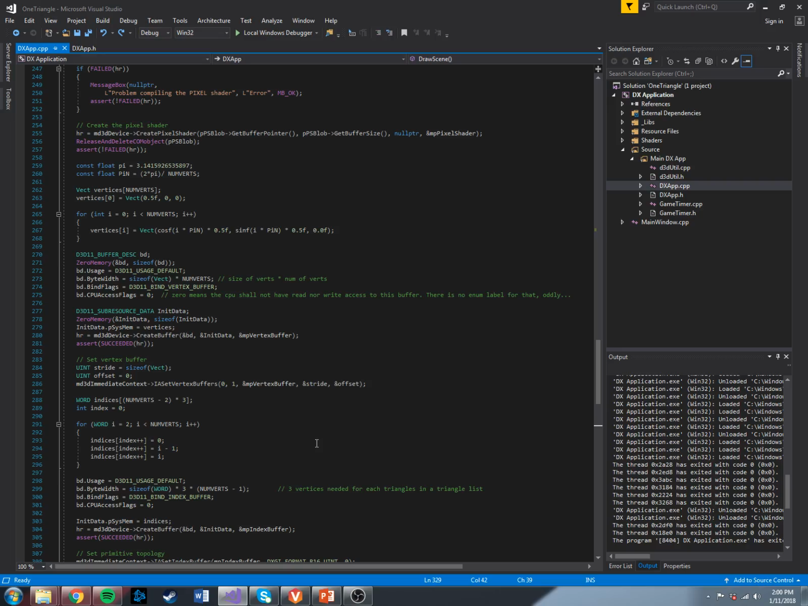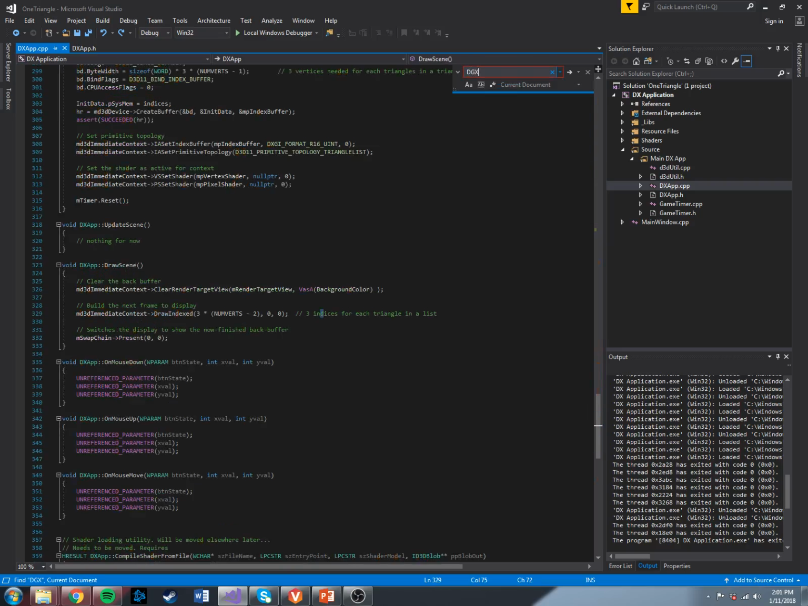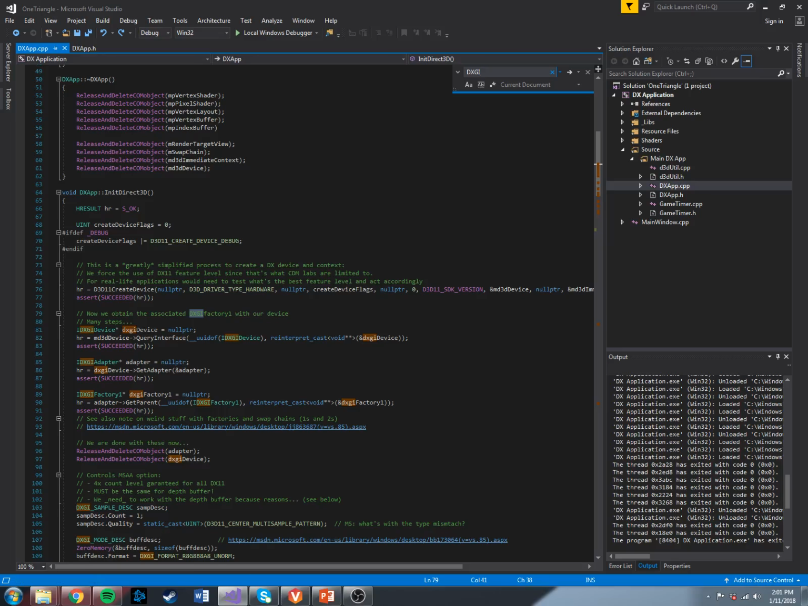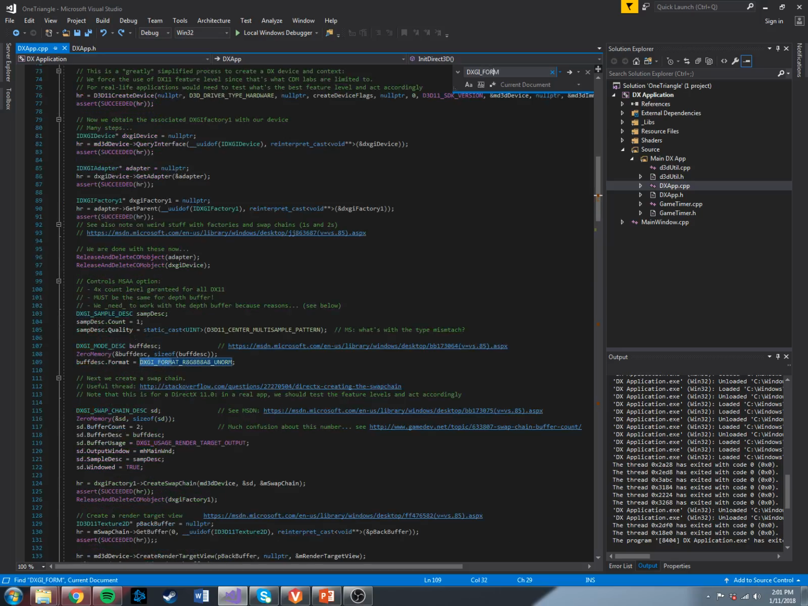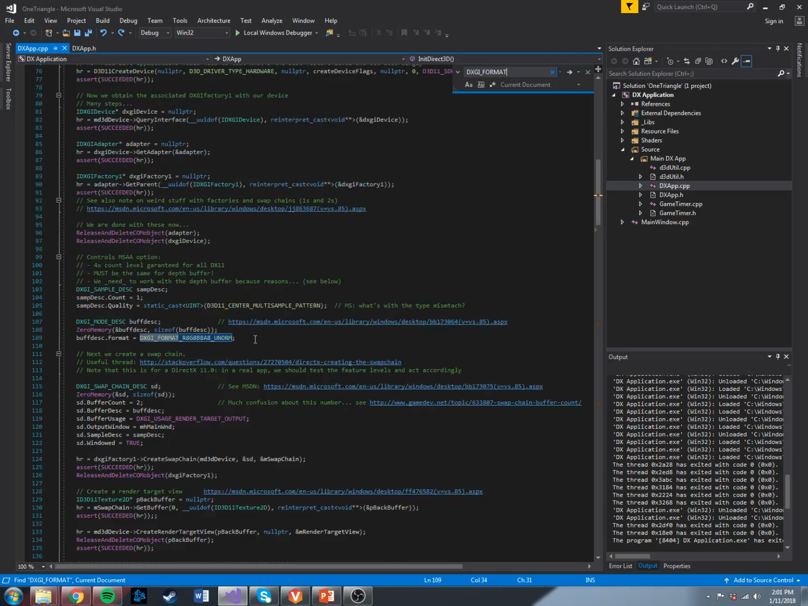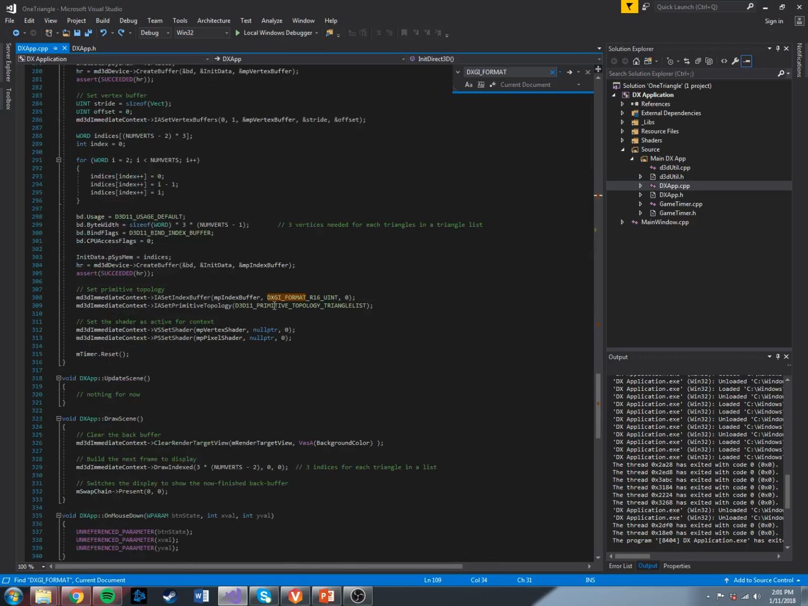And the DXGI formats, they are ways of encoding information that can be read by the GPU. The easiest one to talk about is the R16 uint, or the uint part, meaning